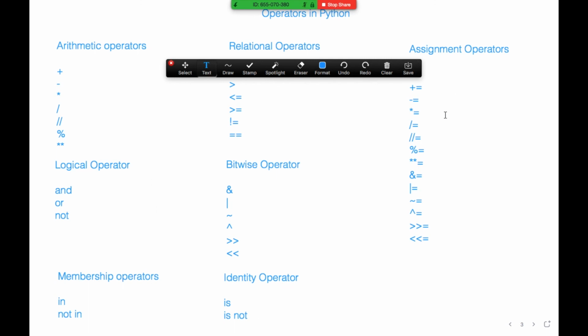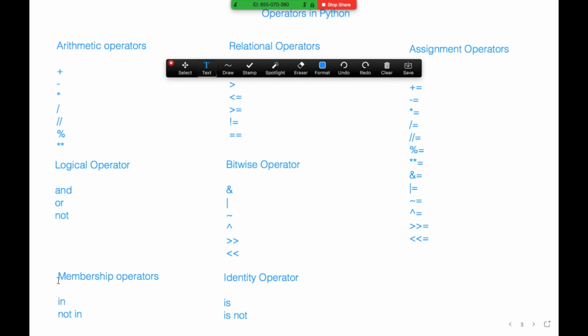Apart from these operators, Python has the membership operator and the identity operator. The membership operator is used to check whether a particular string is present in another string, or whether a particular value is present in a list, or whether a particular key is present in a dictionary.